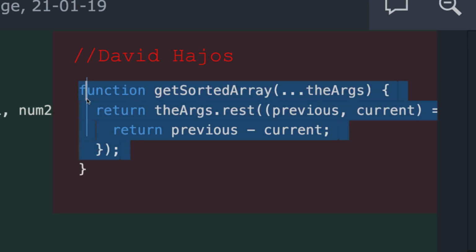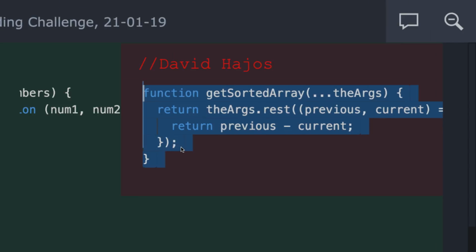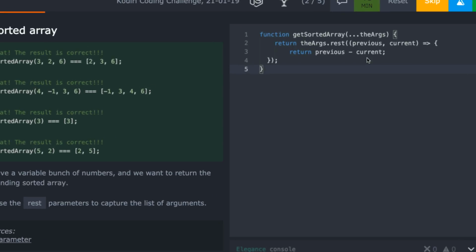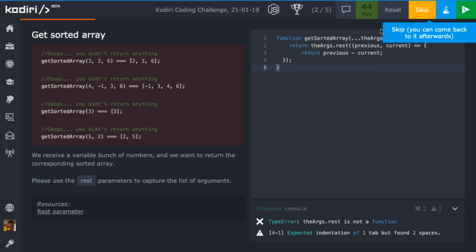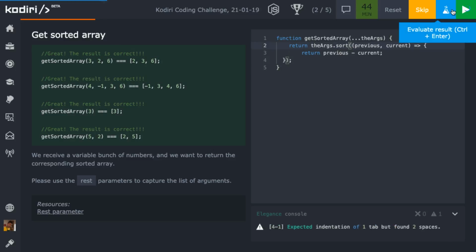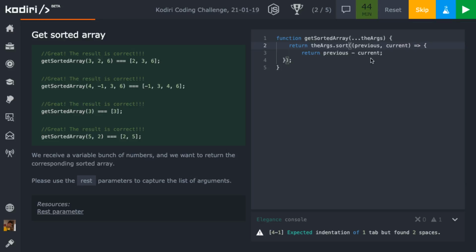Really? You know that this is a classic excuse, Dave, because I'm going to copy that and I'm going to paste it and now it will work, right? So obviously that doesn't work,